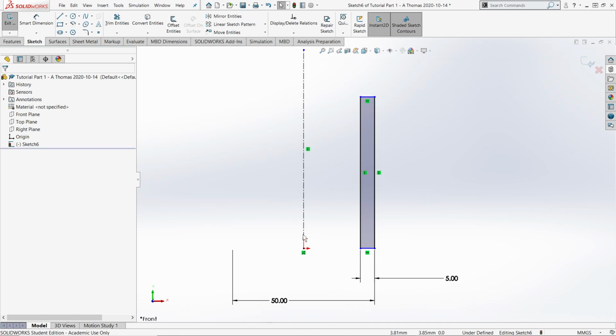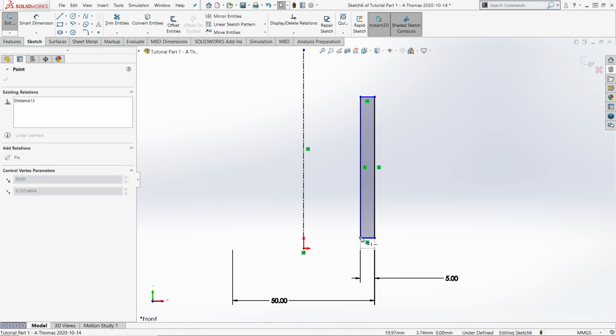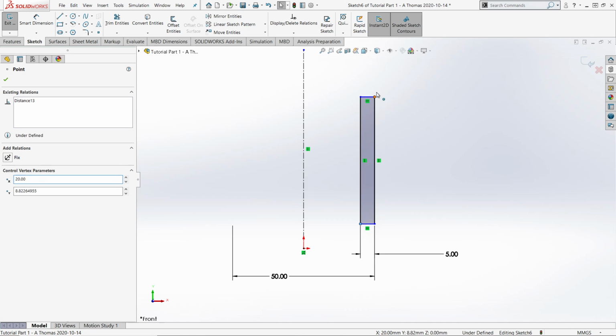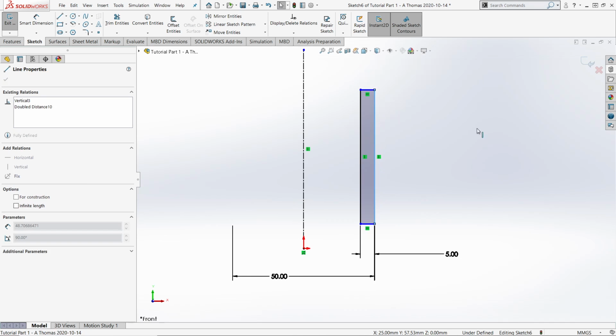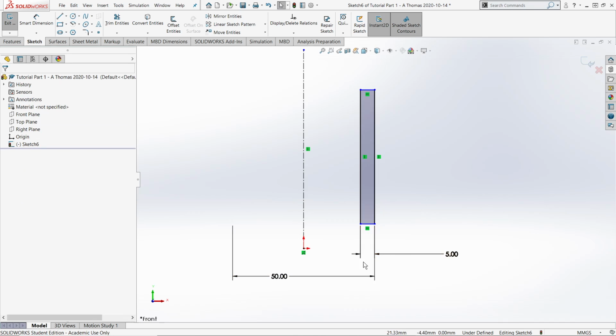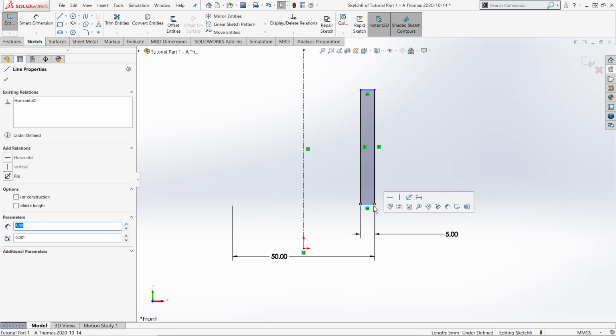If I look at the part, right, it's still underdefined. I can see that in my design tree. The bottom is underdefined and the top is underdefined. I can't move it left and right because I already told it the diameter and the thickness. Also, when I say diameter and thickness, that's just what it happens to be for this part. SolidWorks doesn't care that this is the thickness, right? This could be any type of length measurement. So I could say that the distance between this line and the origin is 0, or I could